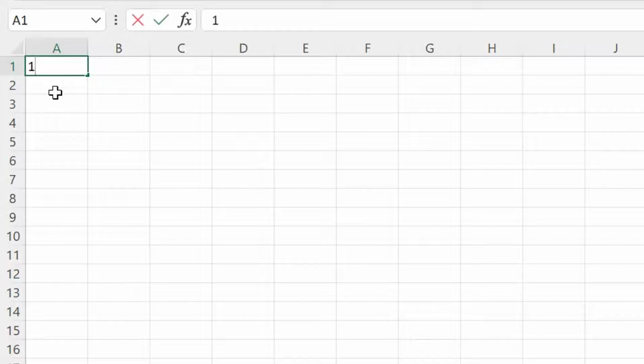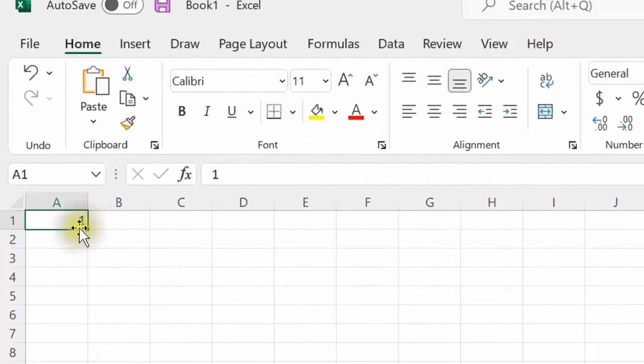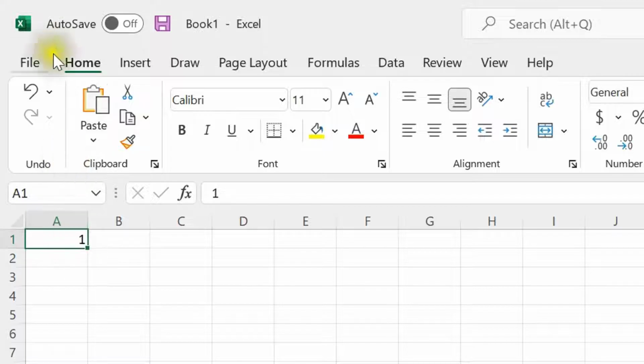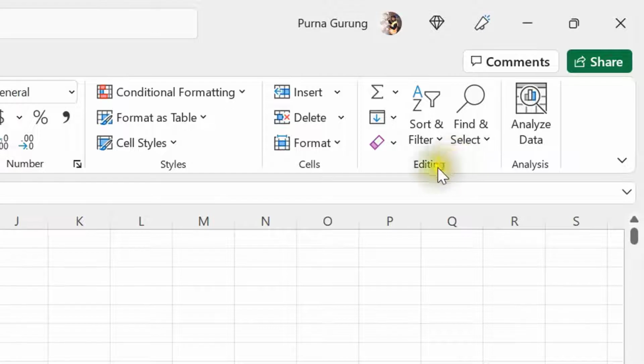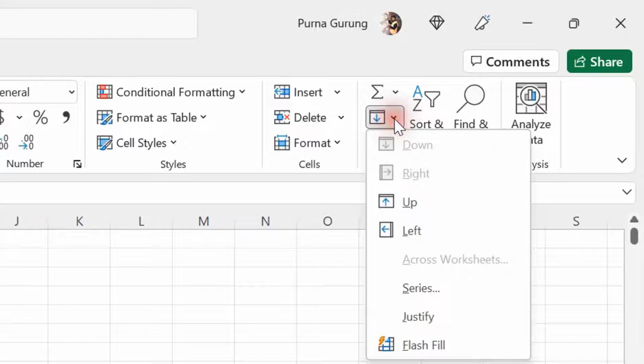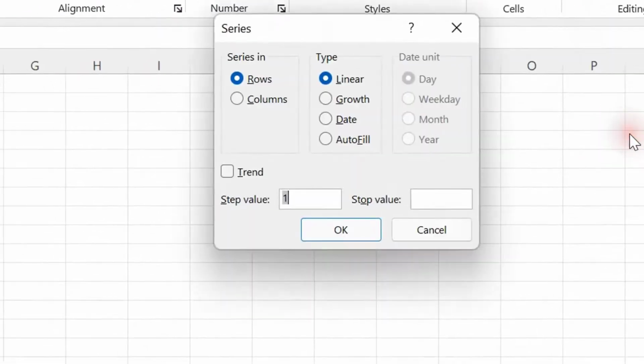Type 1 in cell A1 and highlight it. Go to Home on the menu bar, click on it, and on the right hand side in the editing section, click on Fill and click on Series, and the Series dialog box will come. In Series in, choose Columns. If you choose columns, it goes top to down. If you choose rows, it will go left to right. I choose columns and keep Linear in the type section,